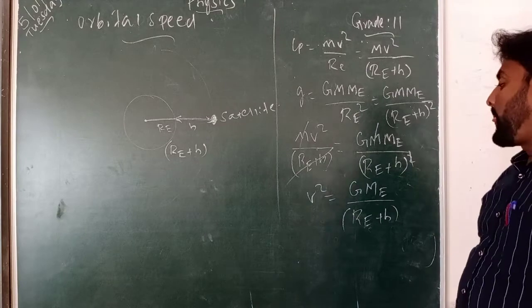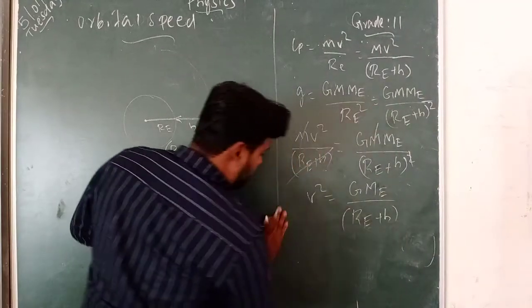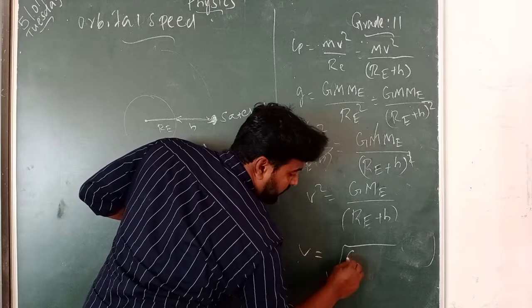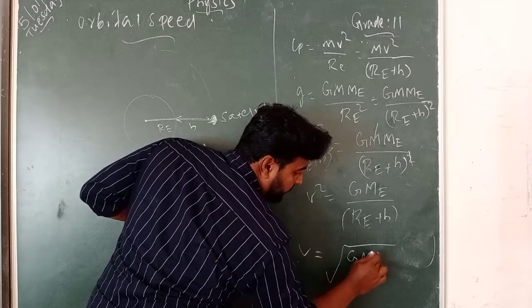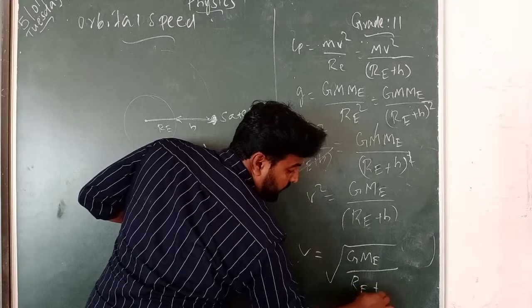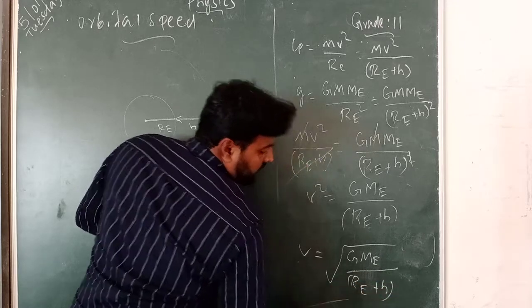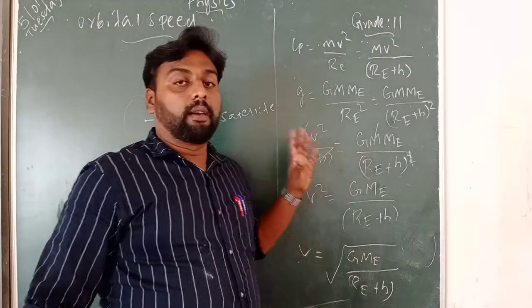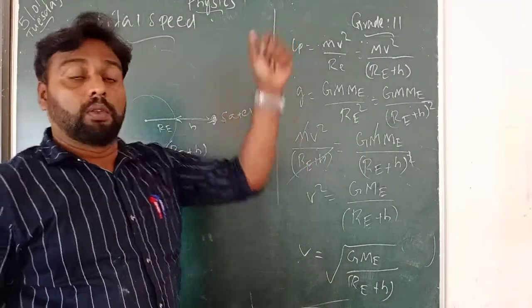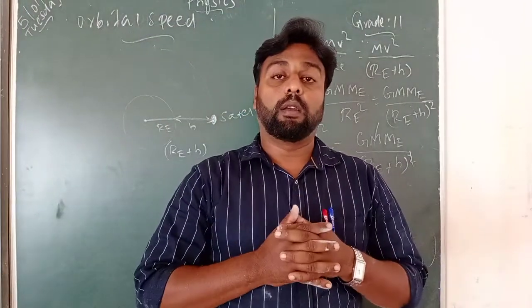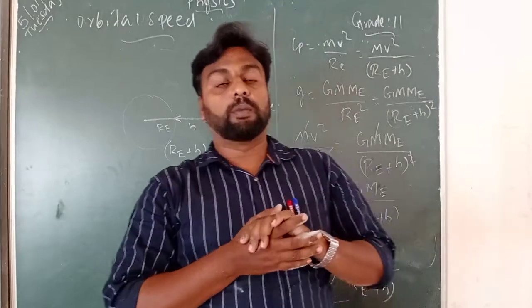Now v is equal to root of G m e by Re plus h. So this is the orbital speed of a satellite. So how are you finding this? This is one small 3-mark question. Orbital speed. Assume that one